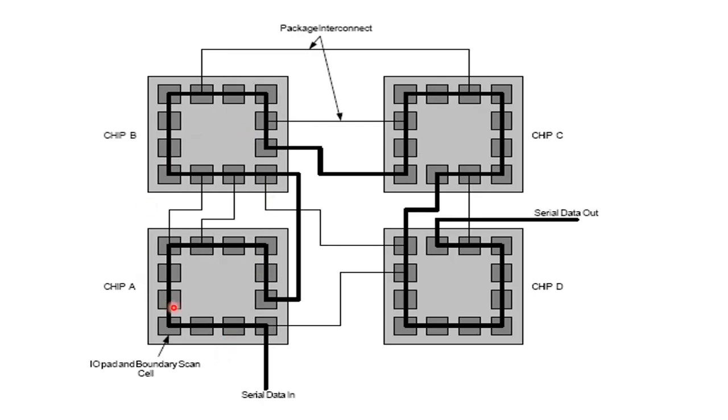And see one example. This is a chip A, chip B, chip C, chip D. In the first slide I showed one example like that. The serial data is present. These are all called the boundary scan cells. Inside the boundary scan cells, D flip-flops are present. Like that we can send the data serially depending upon our mode of operation. Okay, so like that we can test the chip.